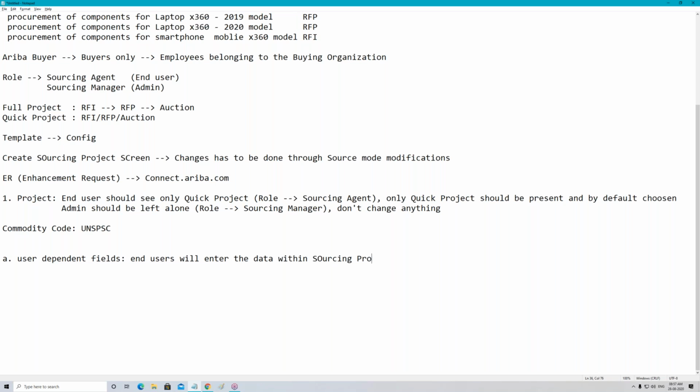Because if we look at the sourcing project from an end user point of view, again it will be a theoretical session which we don't want. So we are going to change your point of view. Why? Because the second point of view is also very important, that is template fields, or you can say config option.